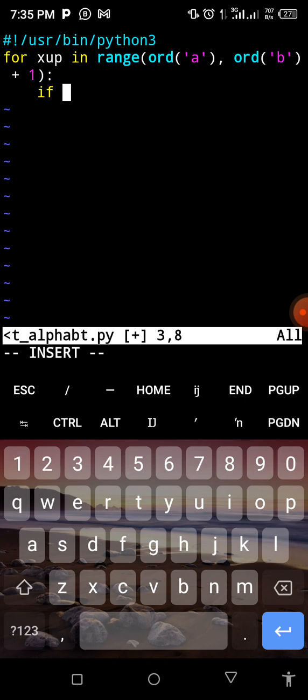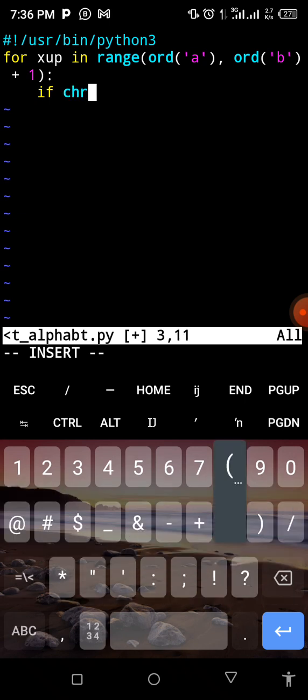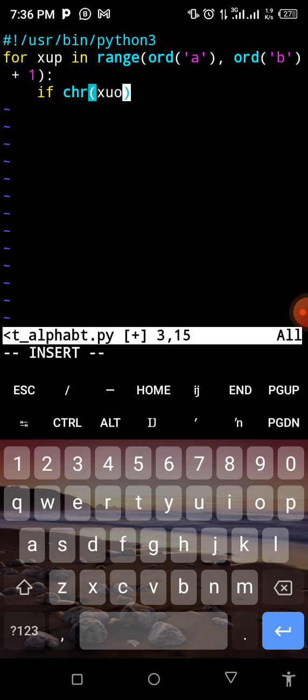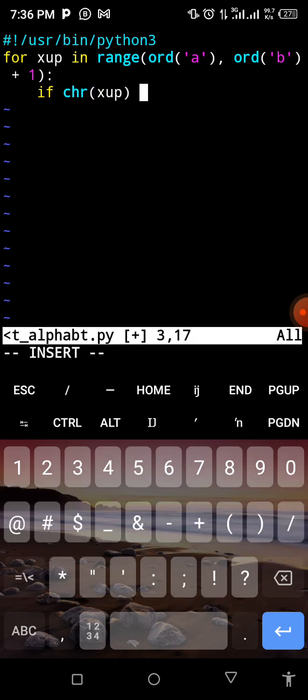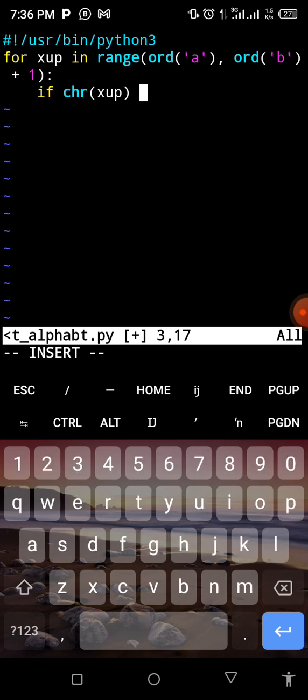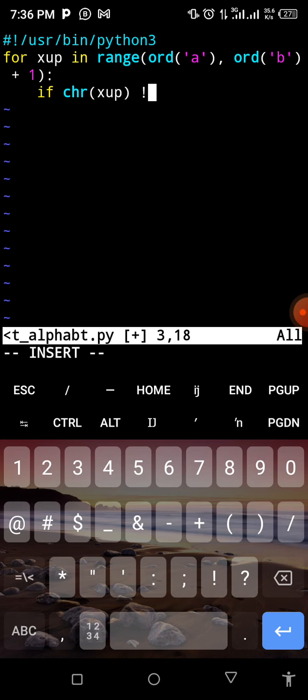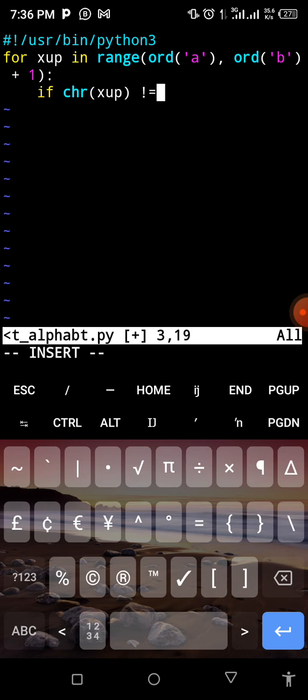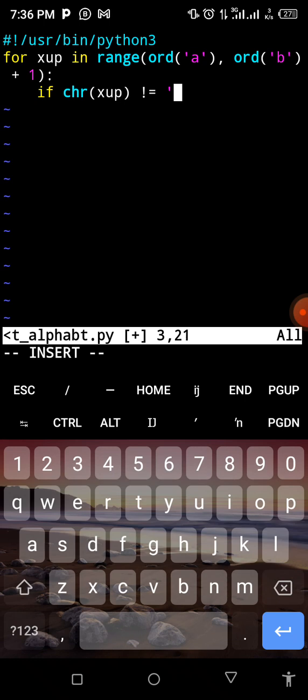I'm just going to say if chr. That chr converts whatever we have there to letters. So if chr of x up is not equals to, this is how we write is not equals to, I can put q there: is not equals to q,